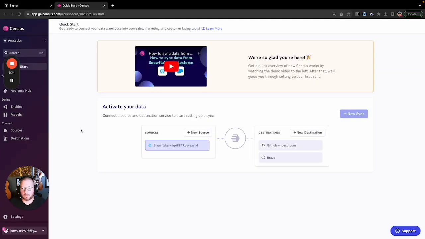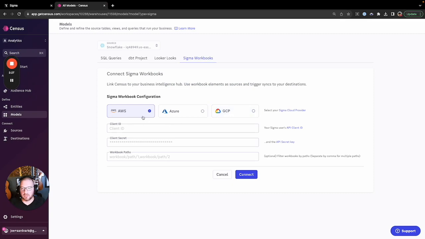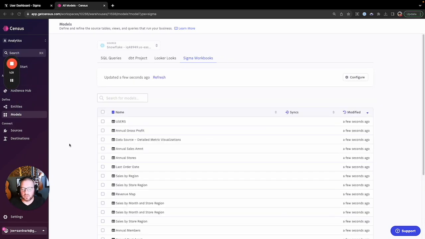I've copied my client ID and secret into a secure location, at which point we're ready to set up the Census integration. Within Census, I'll navigate to Models, to Sigma Workbooks, and click Connect Sigma. I'll choose the appropriate cloud provider, and I'll paste in my client ID and secret. And from there, I'll click Connect. Within a few moments, I see a list of the Sigma workbook elements that I can use as Census models